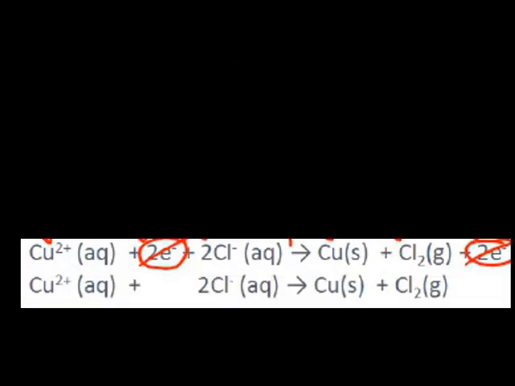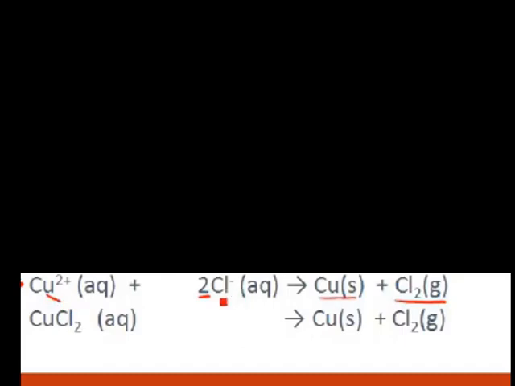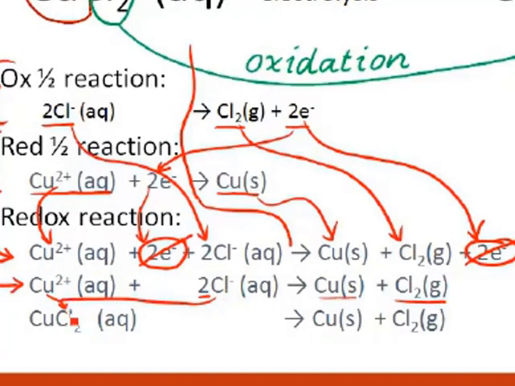And so we simplify this reaction to Cu2 plus aqueous, copper ions that are dissolved, in other words, plus 2 Cl minus aqueous, chloride ions that are dissolved, the 2 meaning there are twice as many chloride ions dissolved than there are copper ions dissolved, gives us copper solid and chlorine gas. And then we can join those 2 in the form CuCl2 aqueous, although that is misleading, as I've explained before,